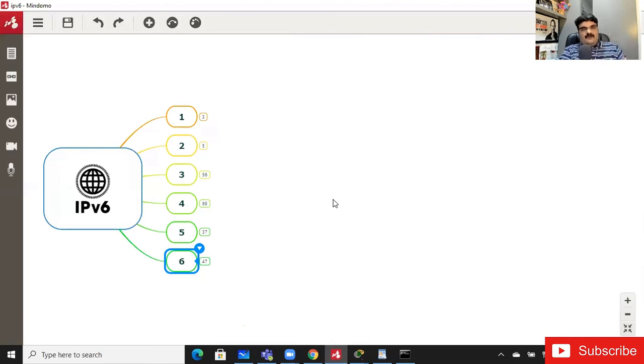Tomorrow we will configure the first IPv6 lab, known as IP version 6 static routing, and then we will start with dynamic routing. Like we configure RIP, we will configure RIPng. If we configure IP version 4 EIGRP, we'll configure IP version 6 EIGRP also, and it will not be difficult for you. But we have to understand the packet types and all this. There will be the header options for IP version 6, which I will explain later in an upcoming session.